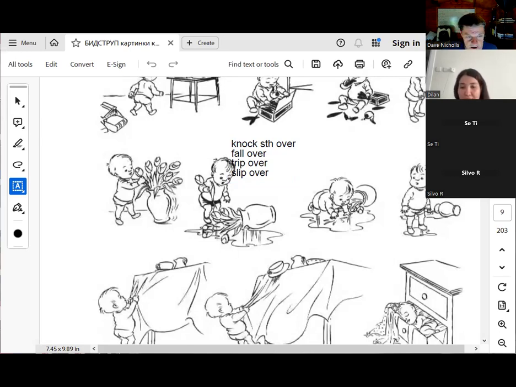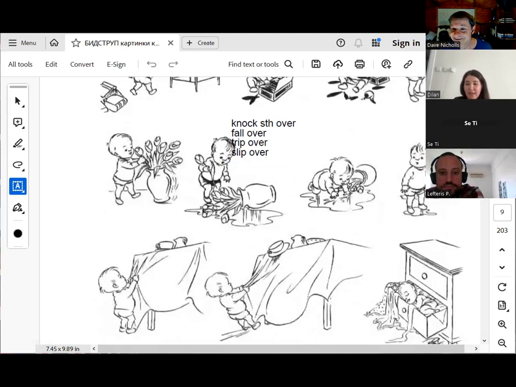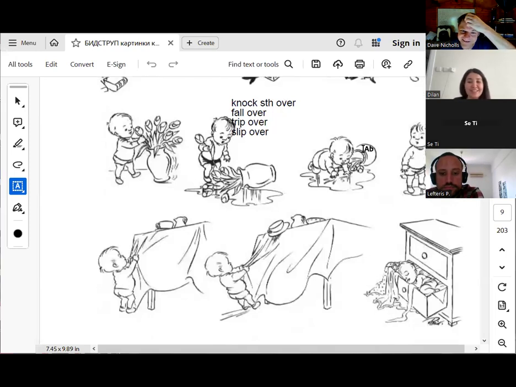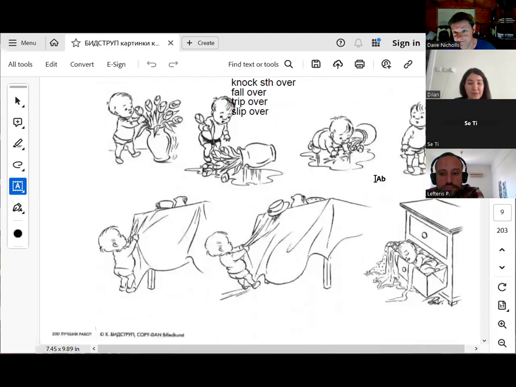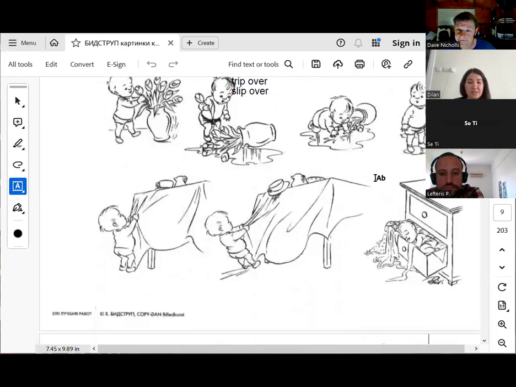Then he plays with the water and he gets wet. His socks I think get wet, and then he goes to the table and he just pulls down